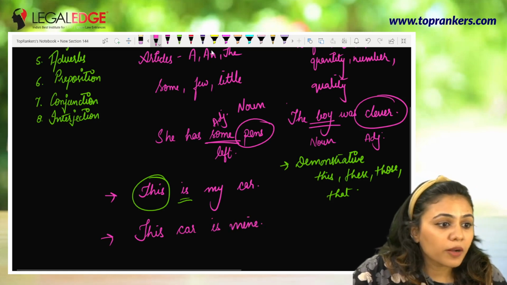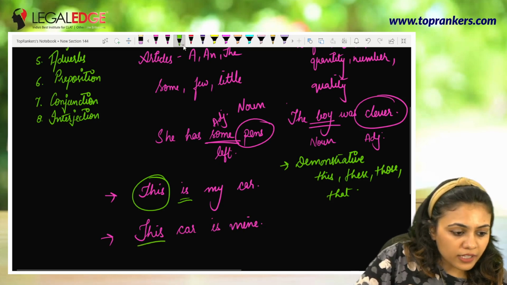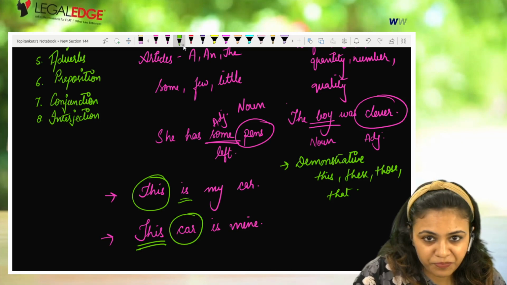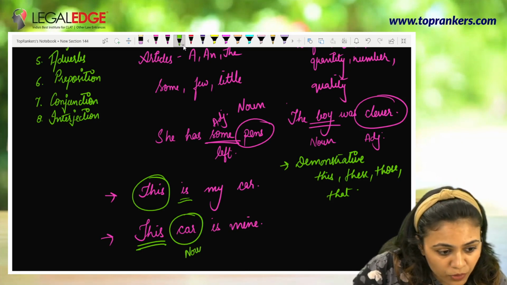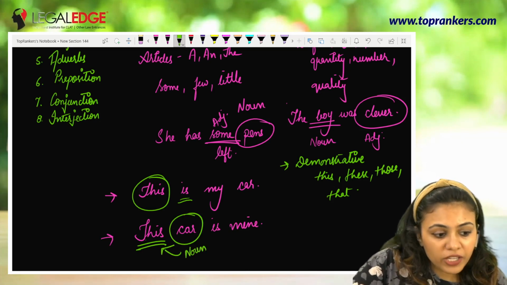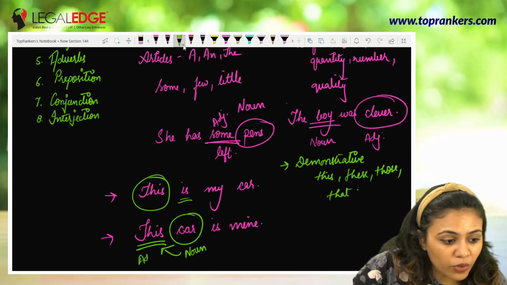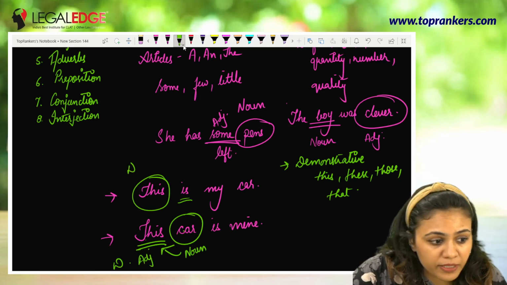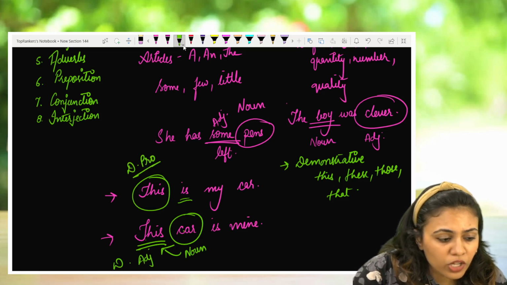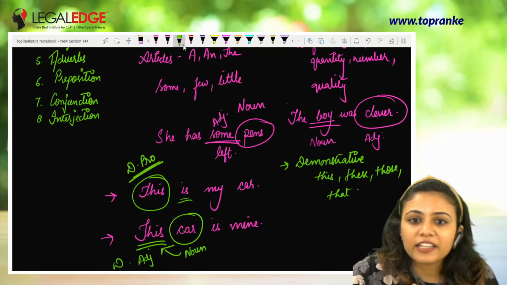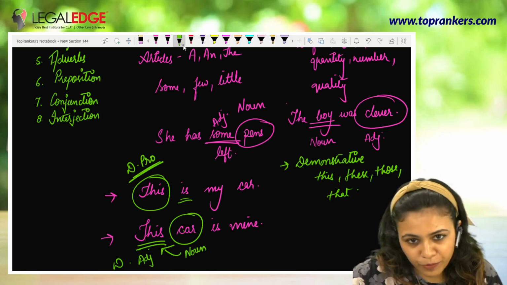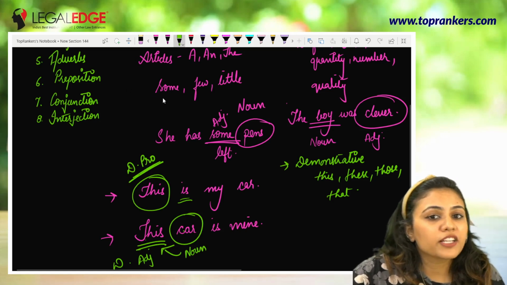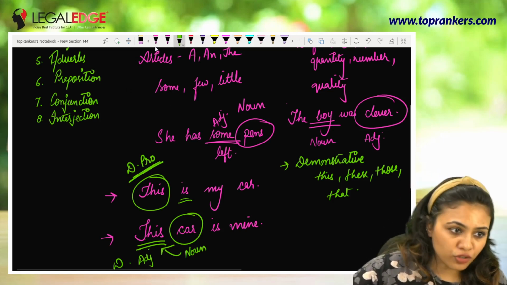ठीक है? तो अगर हम यहाँ पे देखें, this is the demonstrative word, and what is it demonstrating? The car. ठीक है? So this is the noun, और क्योंकि ये कार की विशेषता बता रहा है तो ये हमारा हो गया demonstrative adjective. In the first case, this is not an adjective but a demonstrative pronoun. तो जब हमें बगल में noun ना दिखे, the easiest hint is then it's a pronoun. अगर बगल में noun है तो वो adjective हो जाएगा. ठीक है? The same rule applies for interrogative adjectives, interrogative